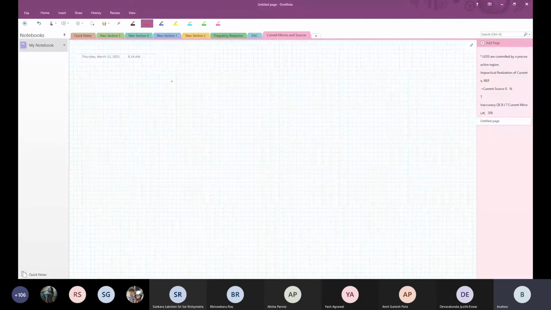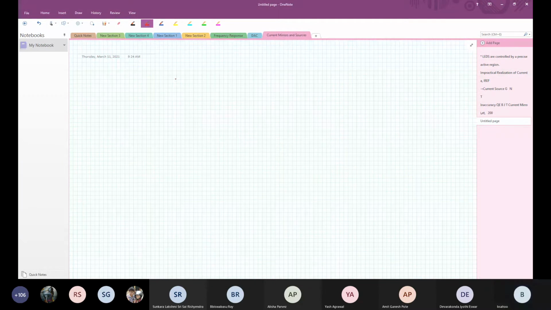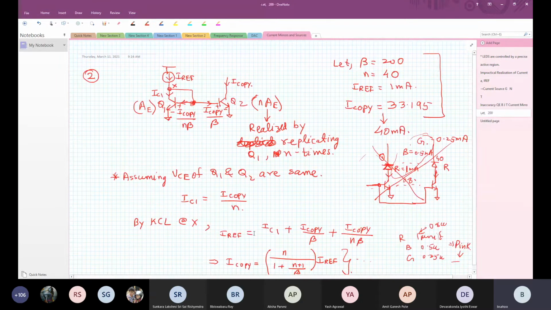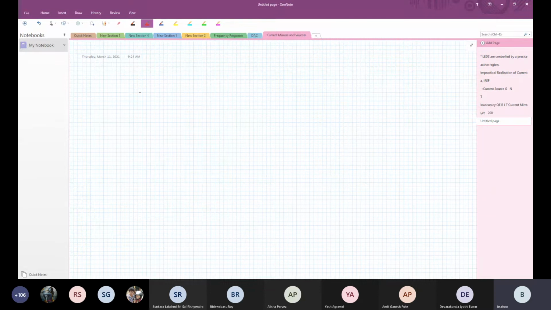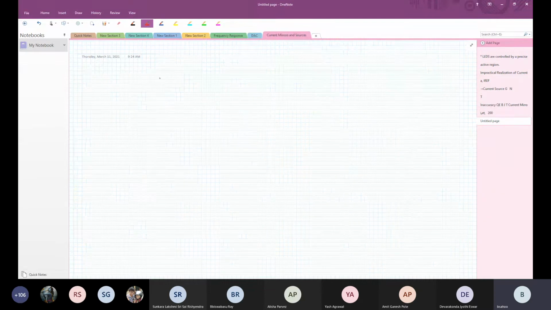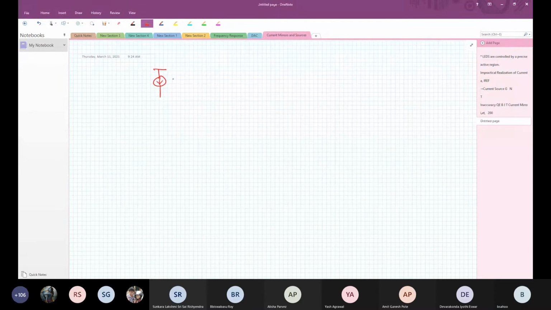If I have to overcome this, I need to make sure that my n plus 1 divided by beta term is as small as possible. This term I'm going to minimize and make as small as possible. So what can we do to make sure that is happening? If I draw a circuit like this, IREF,